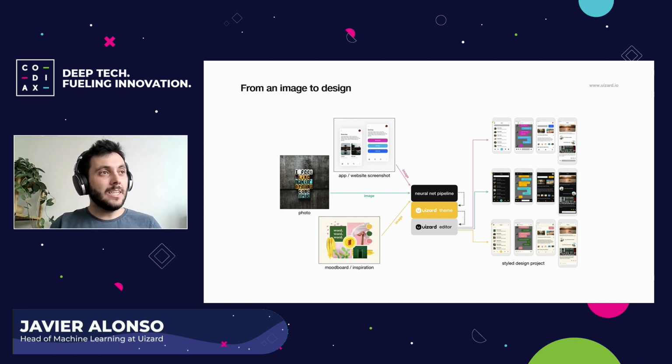So yeah, we started building this, and then we said, okay, can we actually take this a step further? What happens when you are starting a design process? When you're starting a design process, you're just exploring different opportunities for your product. And if you want to implement all of these different designs by yourself, it will take you a long time. But what if we can just drop in an image of something, some color palette that you like, some mood board that you like, and then we create a nice theme for you?